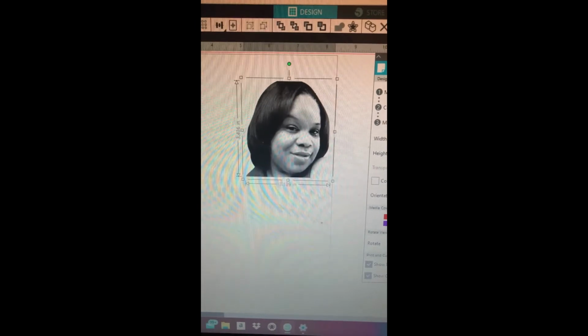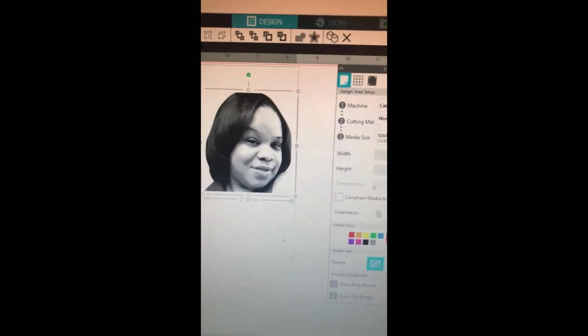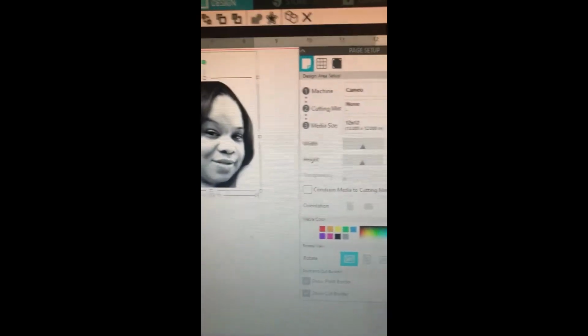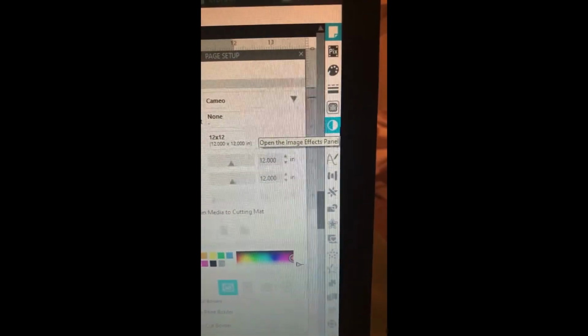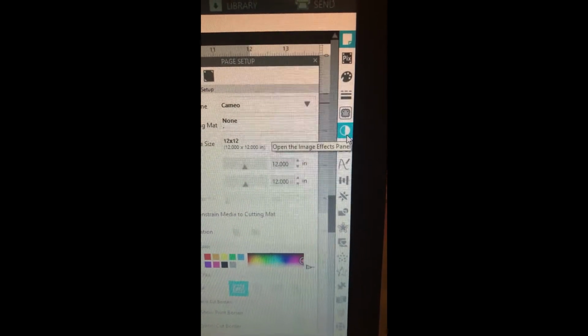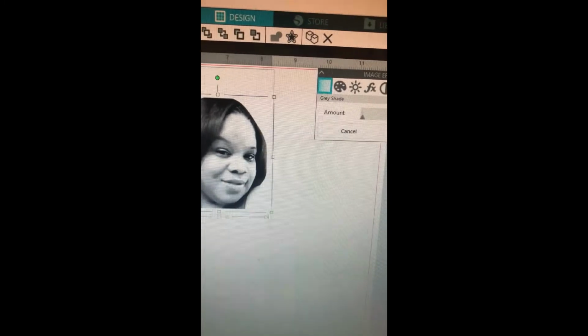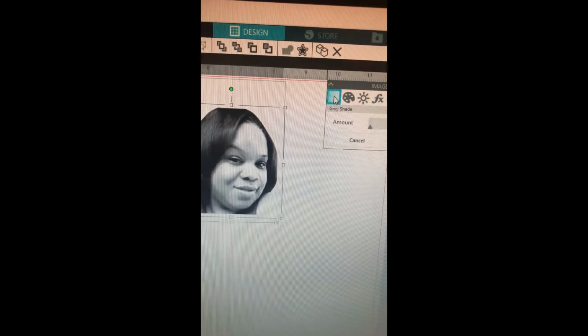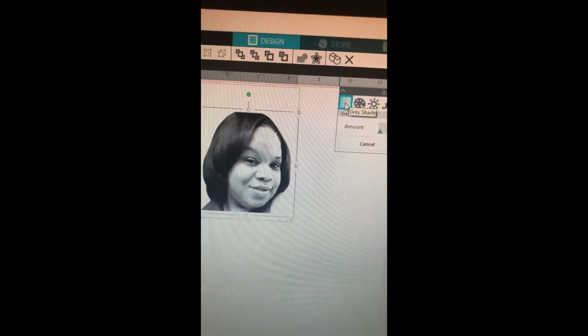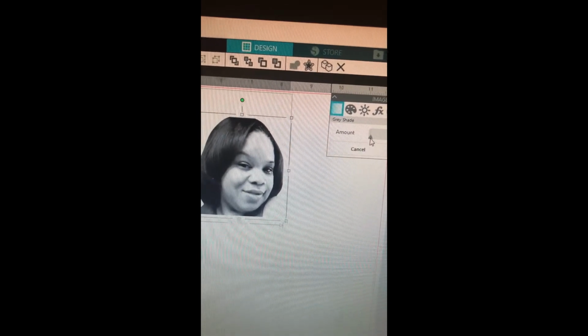First, I'm going to take this picture and we're going to turn it into a cutting file. So I'm going to go over here and you see where it's highlighted, this circle that's half black, half white. We're going to click on it to open up the screen. Now we're going to go to the grayscale, which is already highlighted, because we have to take the picture and turn it into,